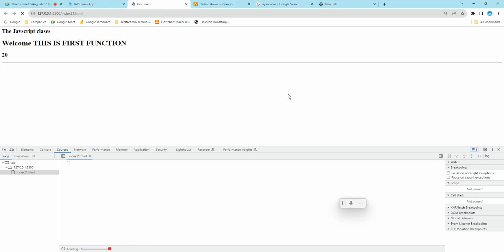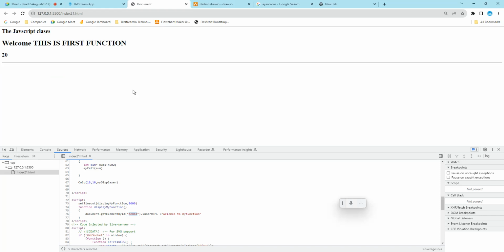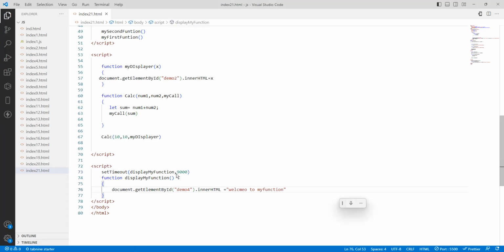It is going to wait for 9000 milliseconds. See, the output has to come by that time. We have given 9000 milliseconds, so it is going to print now. So this is called asynchronous. It waits for a specific amount of time, then it prints the value. Here, if it is calling two functions, it waits for 9000 milliseconds and then performs the two actions, one after another. But we feel like it is running